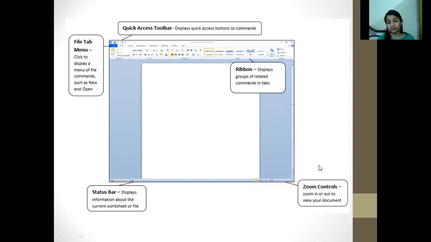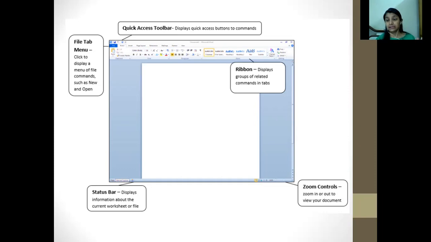And in the right bottom, that is zoom control, where there is the option of plus and minus. You all know that plus and minus is, in the pictures also in the mobile phones we usually have options of plus and minus. We click on plus, the picture gets zoomed, and in the case of minus the picture gets contracted. Similarly in the case of MS Word, we can observe that the document, sometimes some people are very